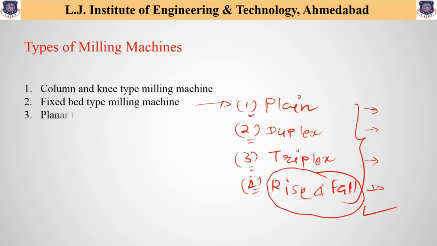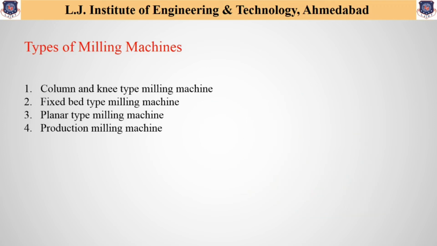Now the third one, that is the planer type milling machine. Similarly, the fourth one, that is the production milling machine. And in this machine, if we classify, it has certain different machineries available, and based on the different parts available on this machinery, different movements can be obtained, and from these movements, this production milling machine is further classified as,